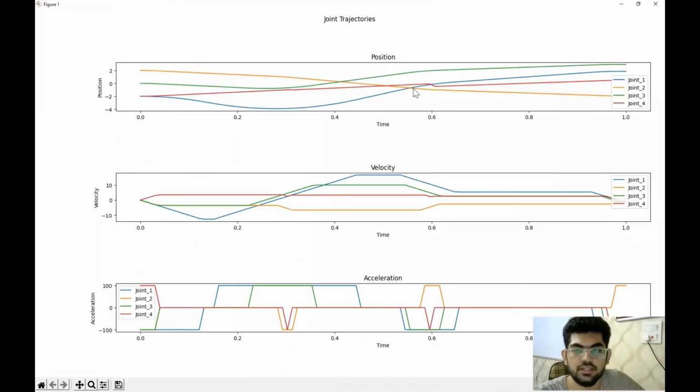All right, here we have it. Now, one thing that I can see is a small inconsistency over here. Let's see what the problem is. But the rest of the trajectories seem really good. The positions are smooth, really smooth. Velocity is starting from 0 and ending at 0 as well. That is also good. And the velocities are a trapezoidal graph. That is also good. And the accelerations also seem to be trapezoidal, except for some cases like an impulse value over here. But I think this is pretty much okay for our case. So let's see why this value is coming.